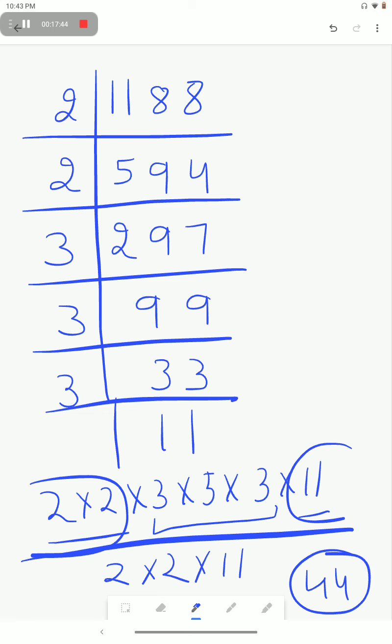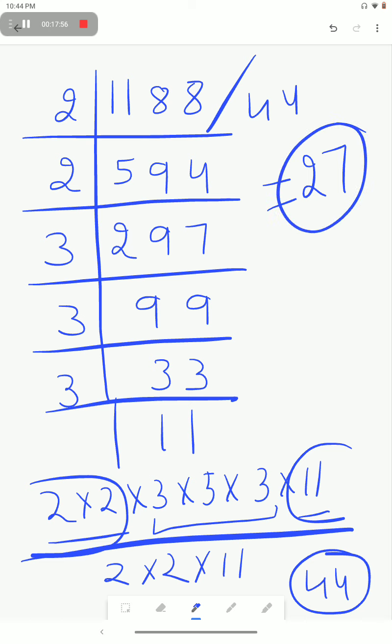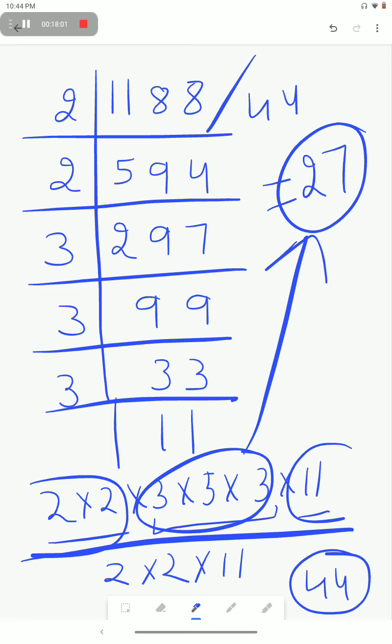And when we divide it by 44, what will we get? We will get 27. Okay, everything is clear now. Means this number is 27. Okay, now that's all about the basic concepts of cubes. Now we will start exercise 7.1, and before starting that exercise, we will go through all the concepts that you have revised up to here.